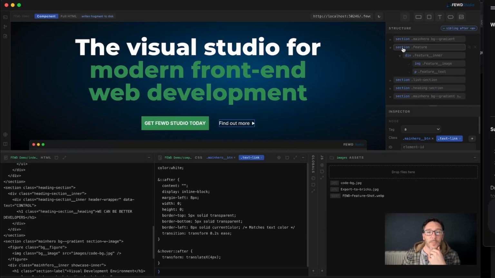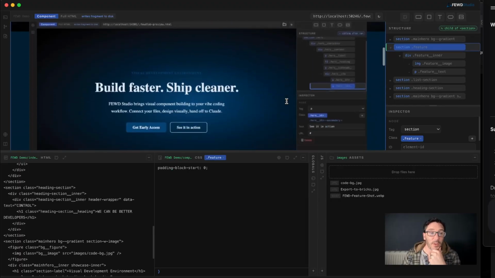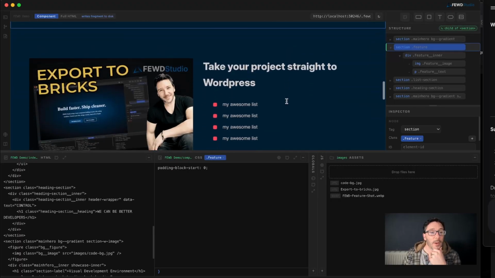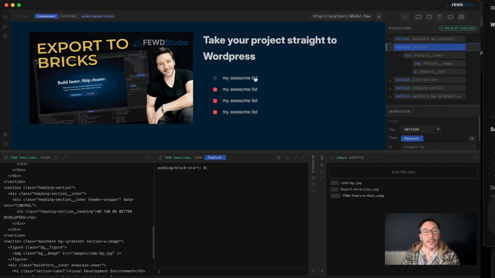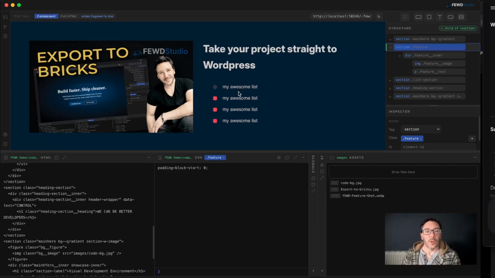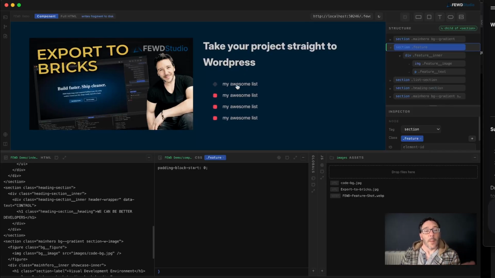Next, we've got, this is another one that I used just today. Was this a bullet list? Okay. Now, previous to using pseudo elements, I might have made a little div and put an icon in there, and then a div with flex row icon, and then the actual text. And this happens to be with a pointer. You could link it if you wanted. But this is actually made completely